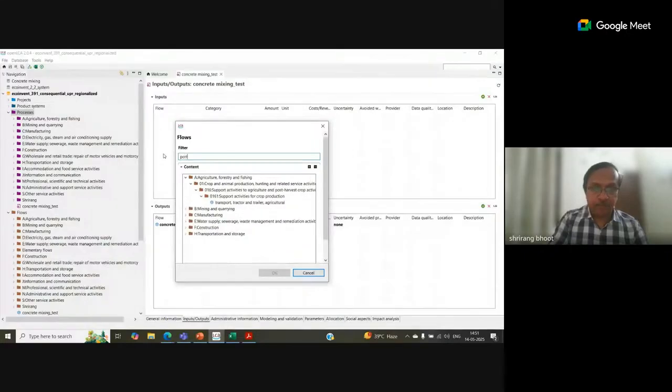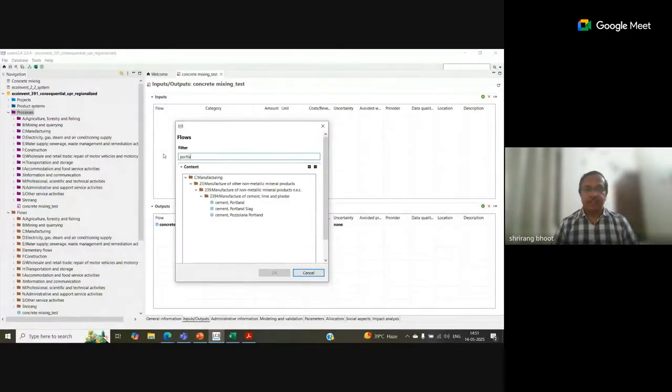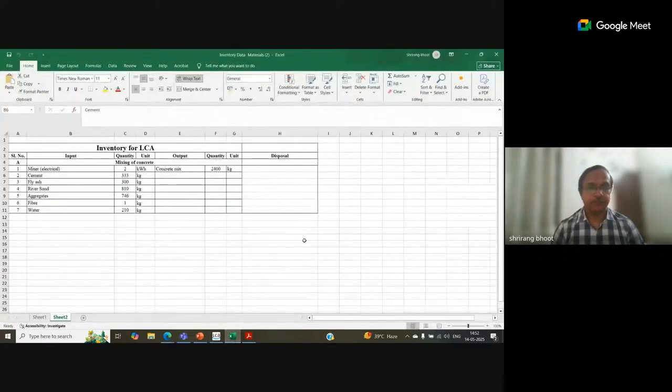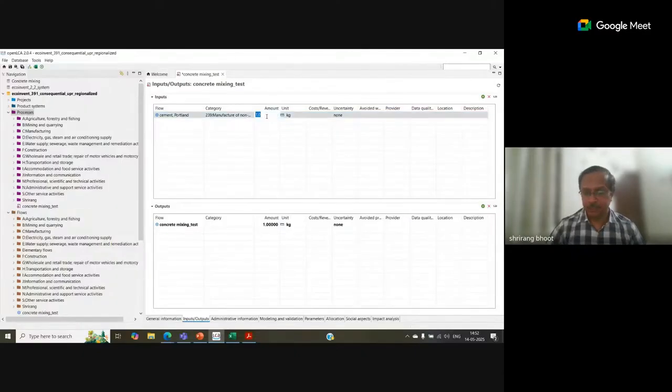Which cement? It has to be a Portland cement, which I'm using. And then obviously I need to write down the quantity, which is 30 kgs.